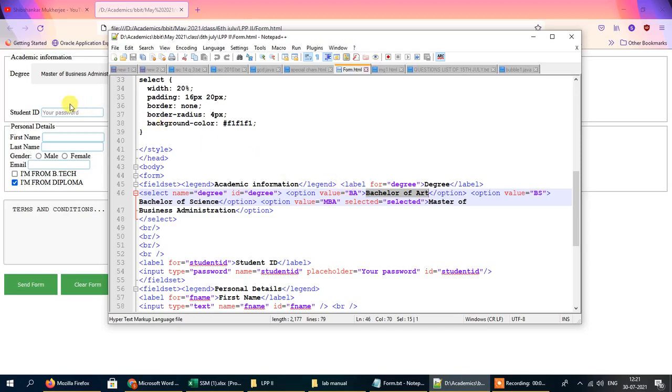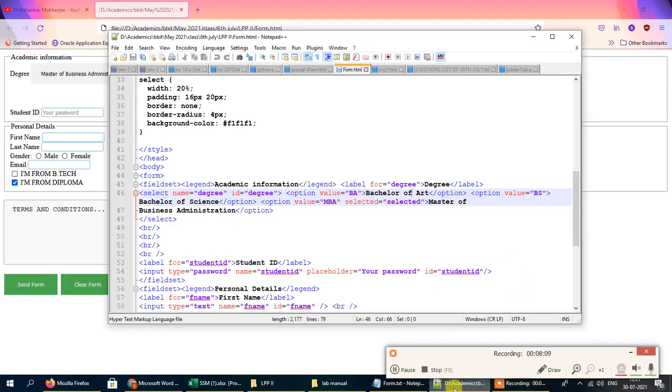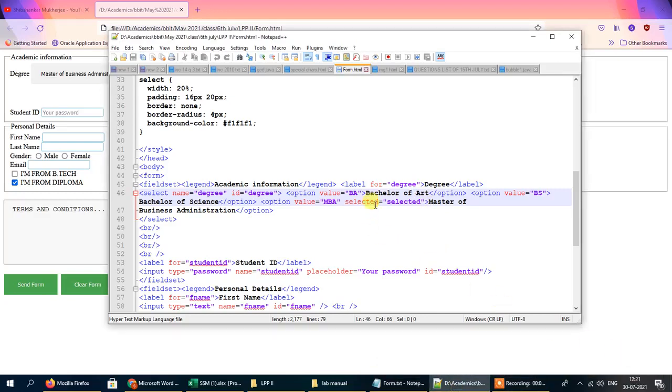Alright, so inside this drop down box, whenever I select the Bachelor of Arts option, the value that will be selected internally is BA. So BA is correlated to Bachelor of Arts. Next we've got another option called BS, which stands for Bachelor of Science. You can see in the drop down box there is another option called Bachelor of Science. So when we select this Bachelor of Science, its corresponding value, which is BS, I think, it will get selected.